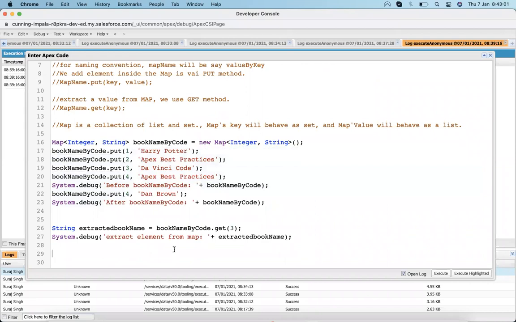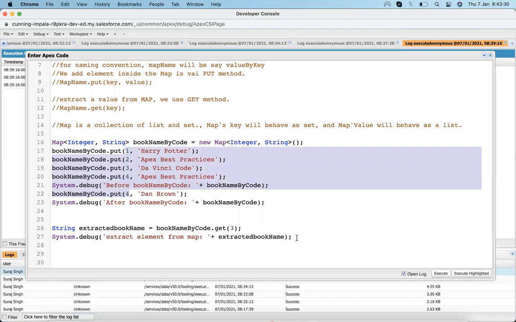So let's have a look at how we work with a loop on a map. But one more thing before going to that loop: suppose I need to see all the keys at one point.